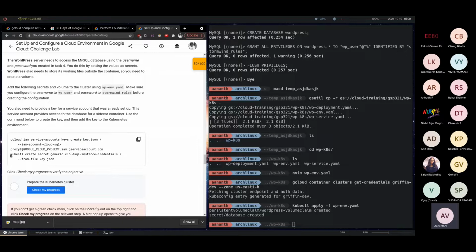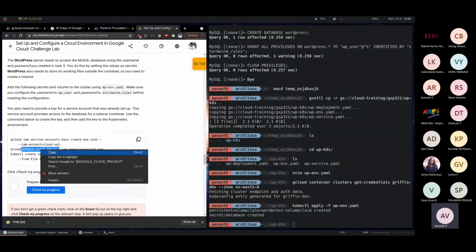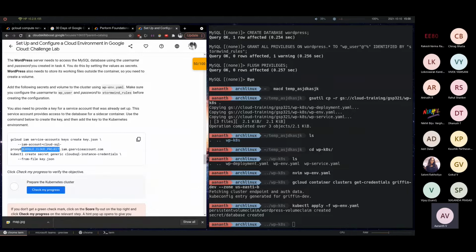And then the second command takes this key.json and applies it to our kubectl so that we get our account back. If you see the command over here, it uses this variable called $GOOGLE_CLOUD_PROJECT. If you are using the Cloud Shell, this value will be set. But if you are not using the Cloud Shell like I am, you'll have to set this value manually. So what you'll have to do is export